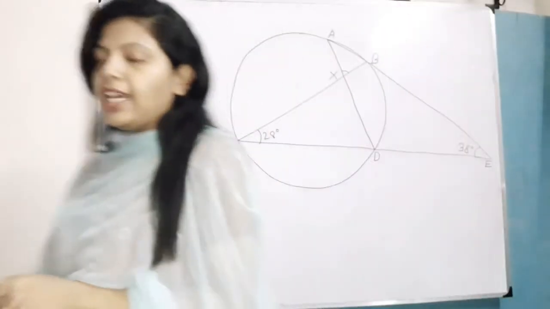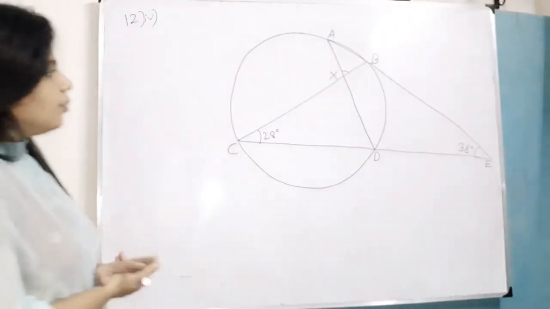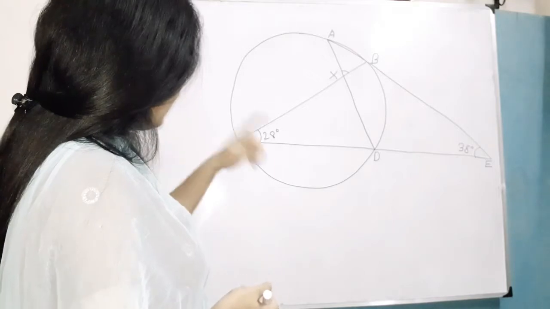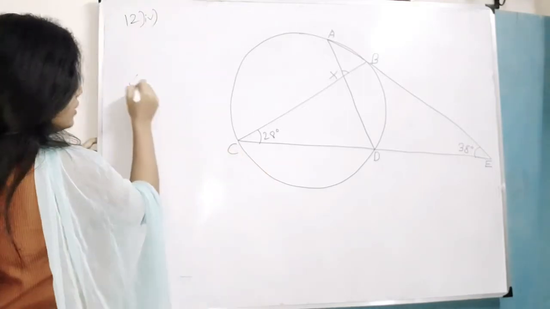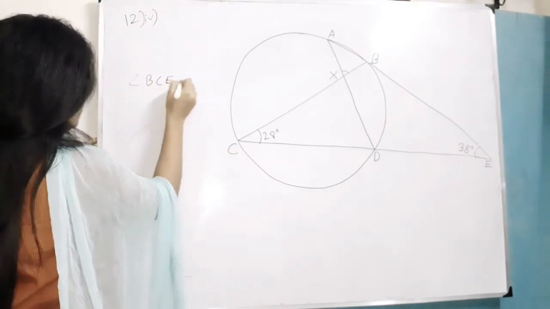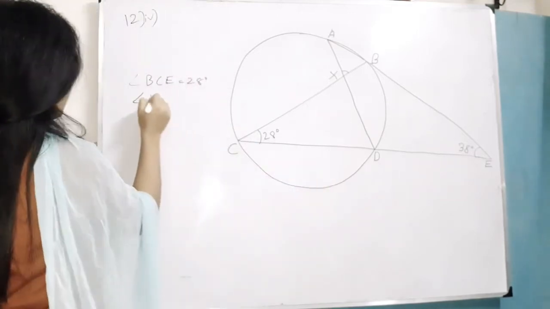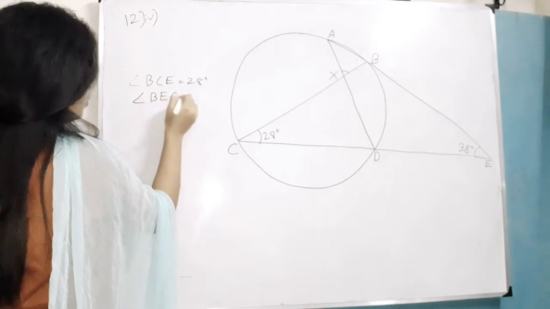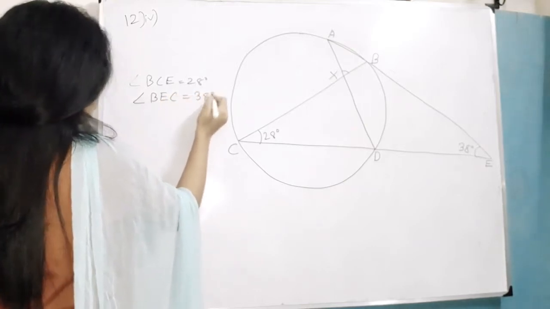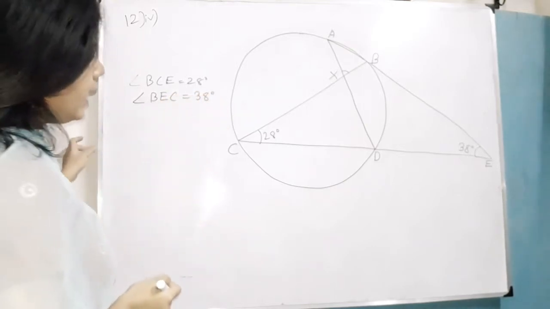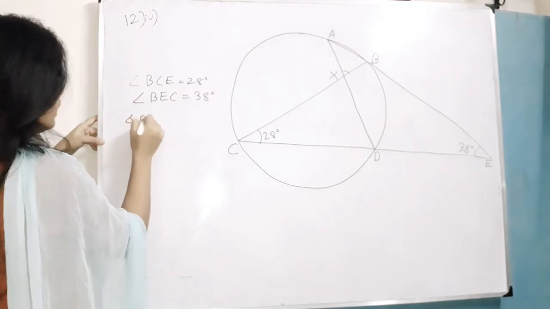Now this one is sum number 4. What is the sum here? It is given that angle BCE equals 28 degrees and another angle BEC equals 38 degrees. So if I take the triangle BCE,